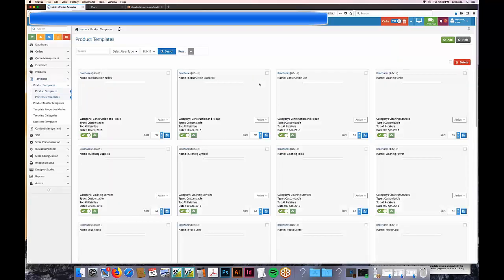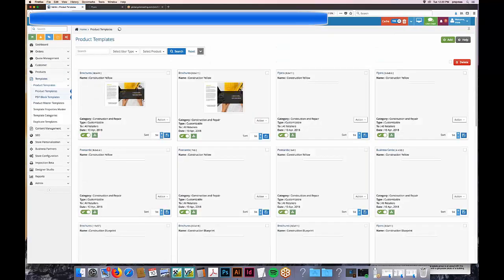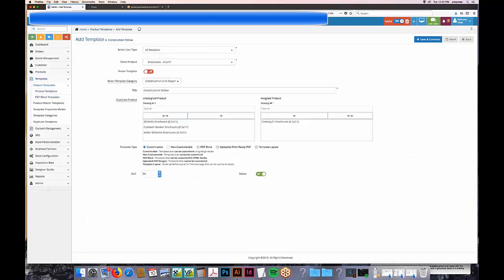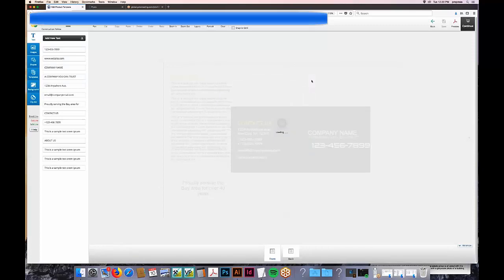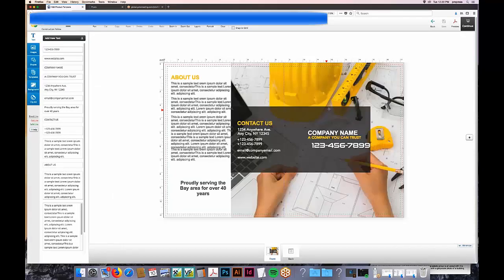So now we go to the 11 by 17. I'll also start from the 8.5 by 11. For some reason, everything looks better if you start from this one. So I'm going to go to brochures, 11 by 17, resize template. So this is going to be half fold instead of the tri-fold for the other ones. So slightly different, but yeah,